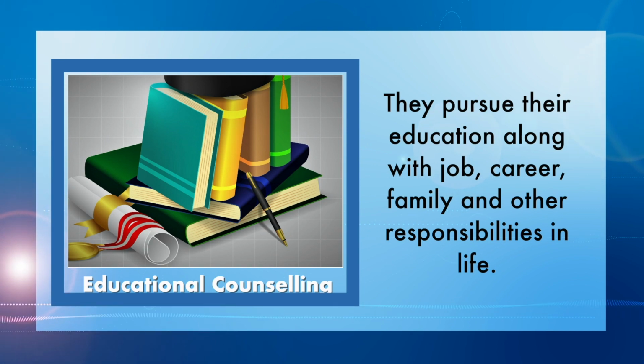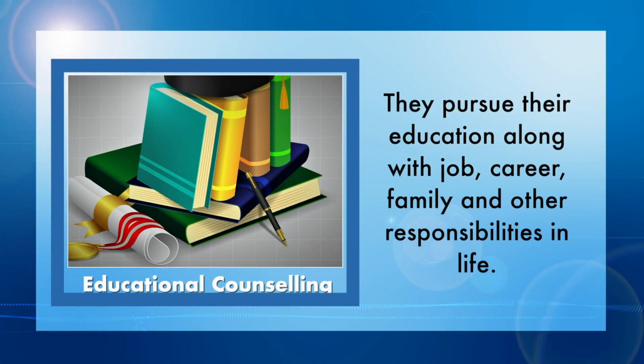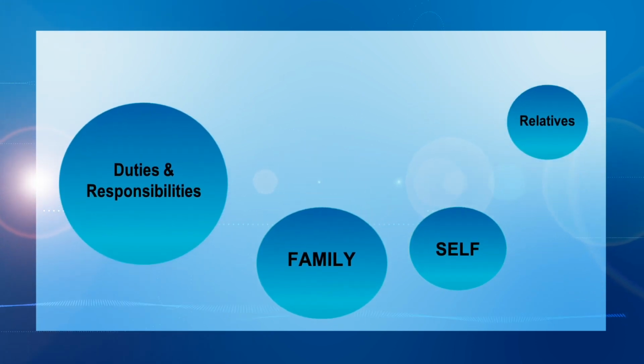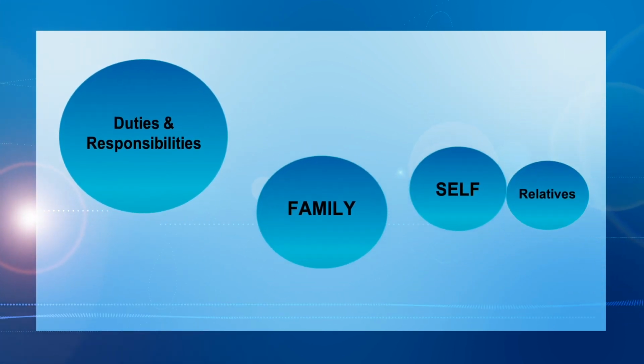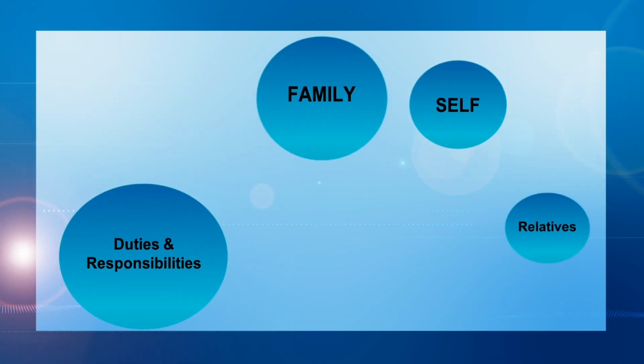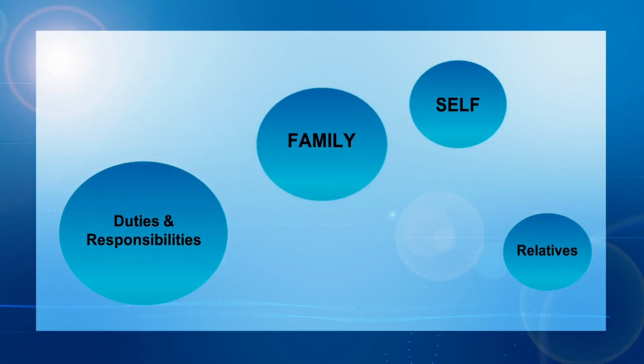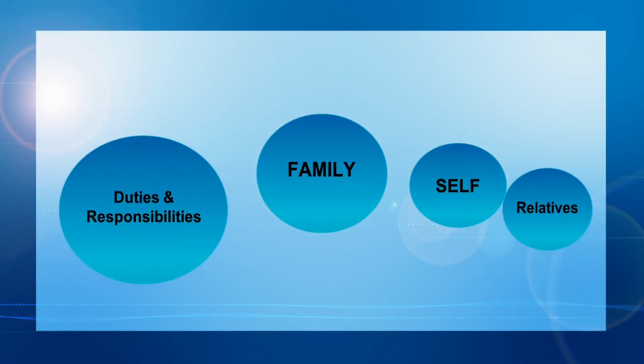They may be in a job, working in different fields. They may have their own family, the needs of the family they need to fulfill. In addition, they have other kinds of responsibilities in life. Like as an adult, they might have different types of responsibilities related to their family, related to their own self, related to their career or the job, workplace, and relatives, family. The society also expects that they carry out different duties or responsibilities. So, while fulfilling all these kinds of roles and responsibilities, when an adult goes for pursuing a particular